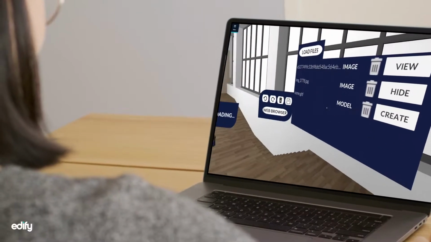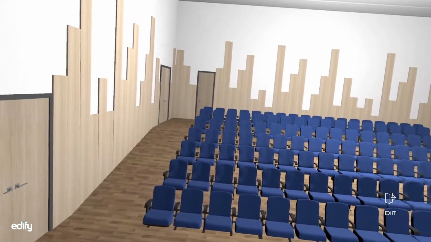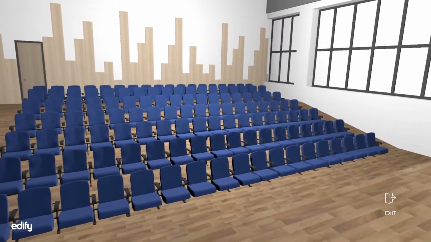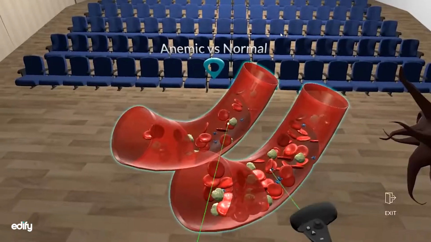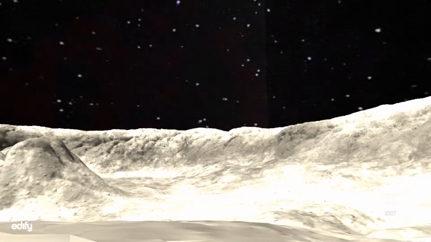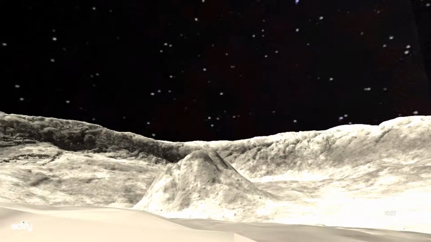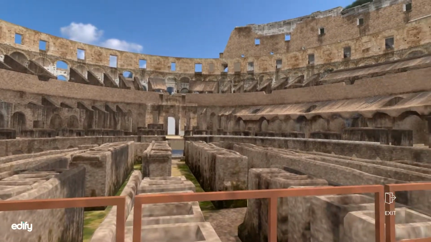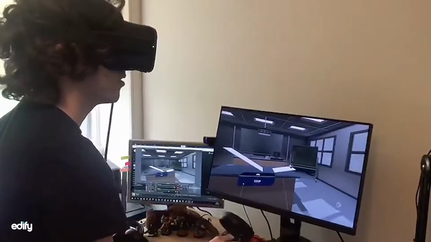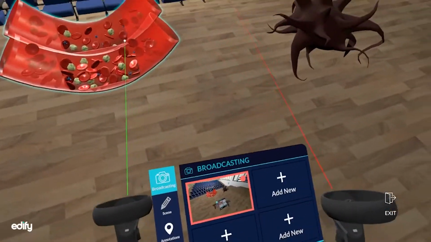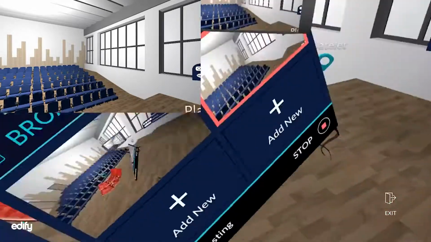Our lesson creation tool enables teachers to create their own 3D lectures, labs, and field trips from a library of existing spaces, like this lecture theatre. They can take their students with them to places they couldn't normally go, and once there, they can do impossible things. Present from your desktop or put on a VR headset, then broadcast directly with video conferencing like Zoom or